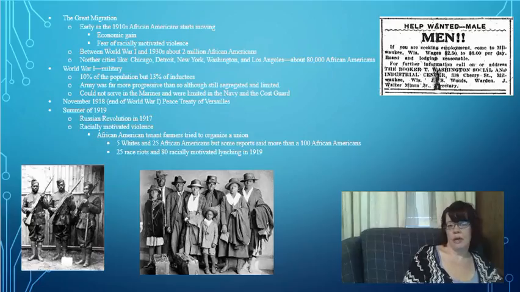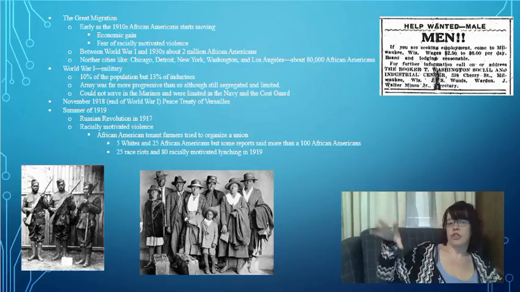One, for economic gain. They hope that there are better jobs in the North. In the South, there's mostly agricultural work and mostly sharecropping, honestly. Most African Americans were not likely to own their own land, which meant that they were sharecropping, and it was a really impoverished lifestyle. So the hope was that with industry in the North, they would be able to improve their economic status.